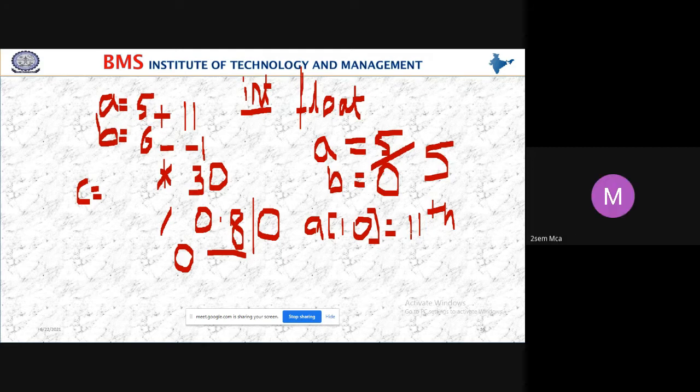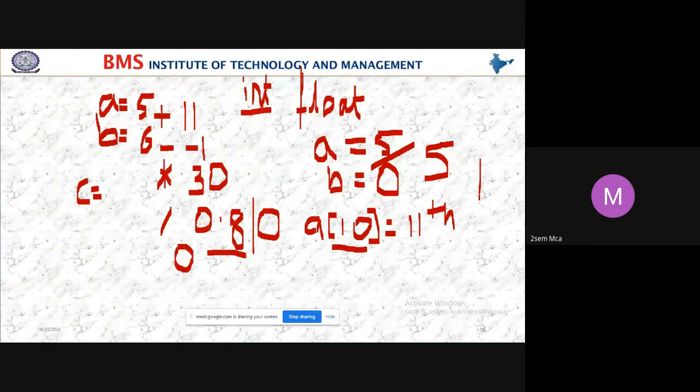Will it take? No. Here also what happens? Abruptly, the program will terminate. Why? Because here the array index is out of bound. The maximum size is only 10 values, because the size I have given is 10. When you want to insert the 11th value, the array will not take it.